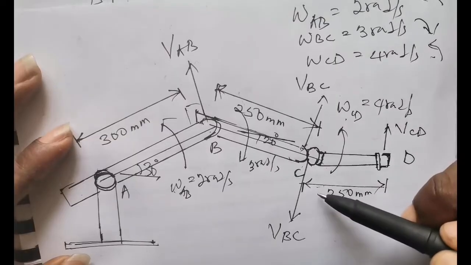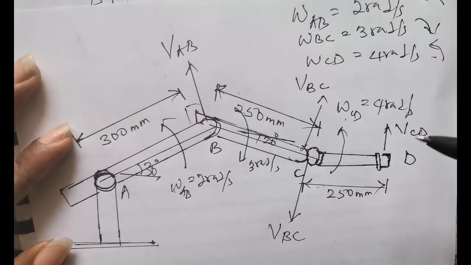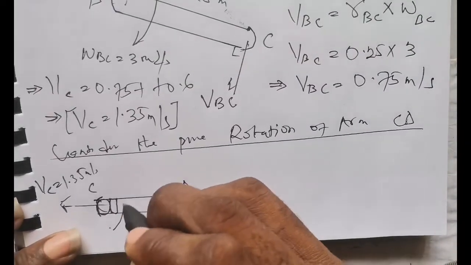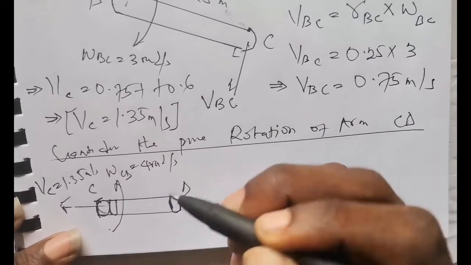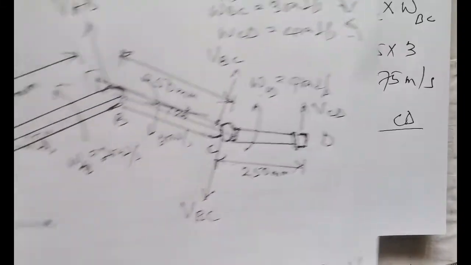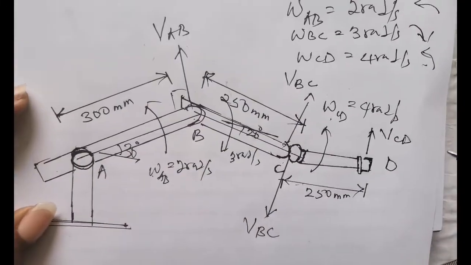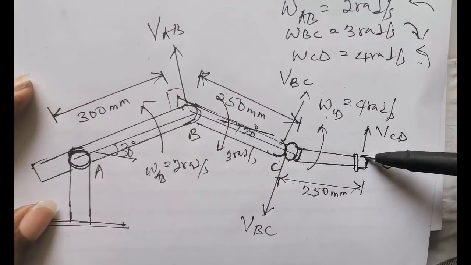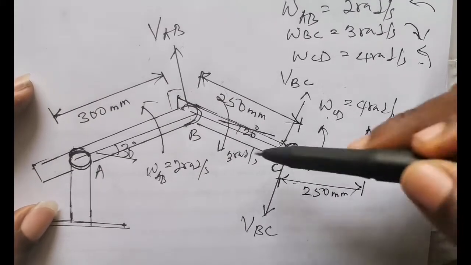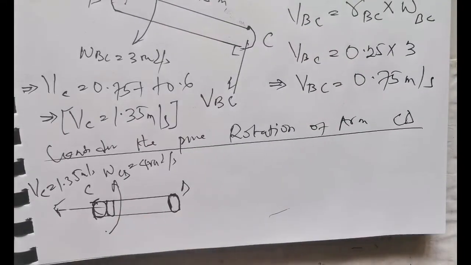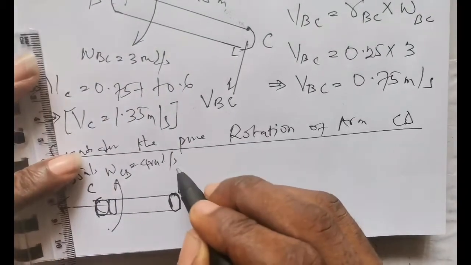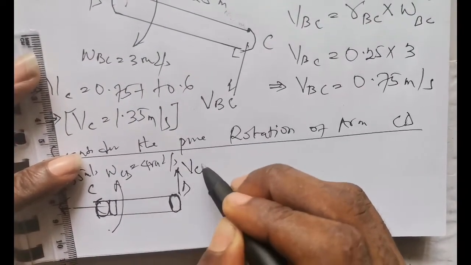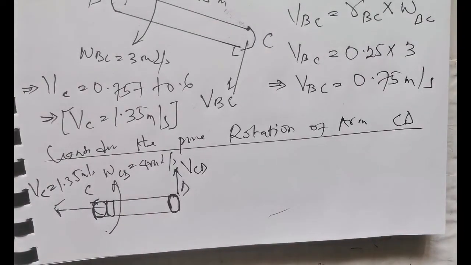Remember, the angular speed was given in the anti-clockwise direction and the value is 4 radians per second. So you simply have angular speed in the anti-clockwise direction. So omega CD is 4 radians per second. And I said if you have the angular velocity in the clockwise direction, then you must have a velocity vector which must act in the same direction as motion but must be at 90 degrees to the arm. So since this arm is purely horizontal, it means at 90 degrees we are going to be having a straight line velocity vector. So this is called velocity of C to D, which is relative velocity from point C